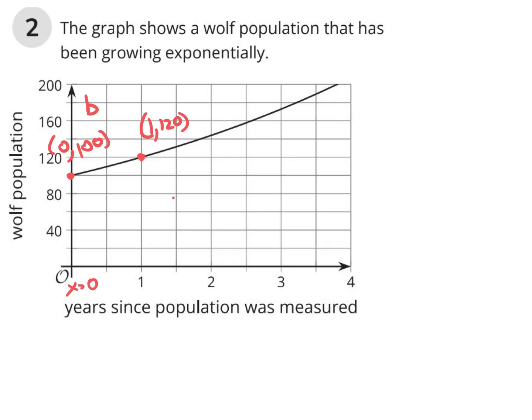So if you multiply going right, you have to divide going left. And that's exactly what we're going to do. So we're going to take 120, we're going to divide it by 100. That's going to give us 1.2. This is our growth rate